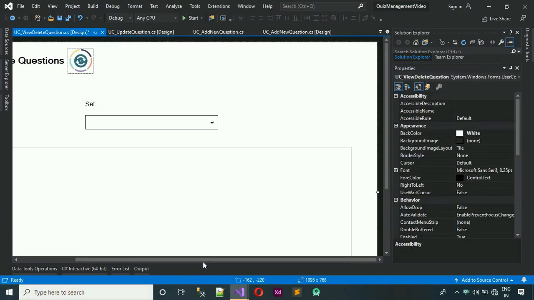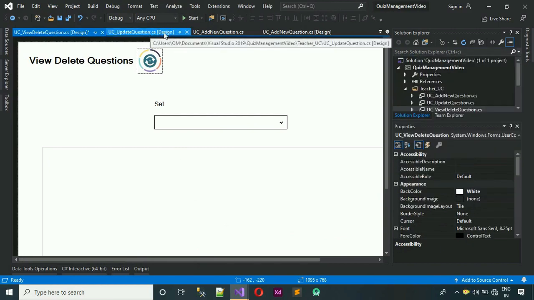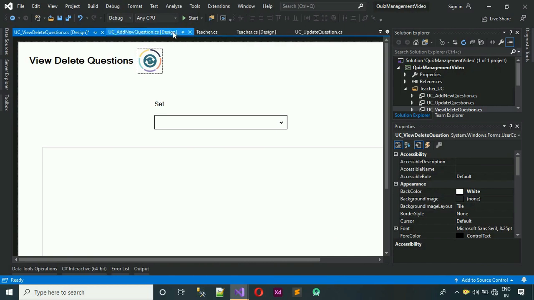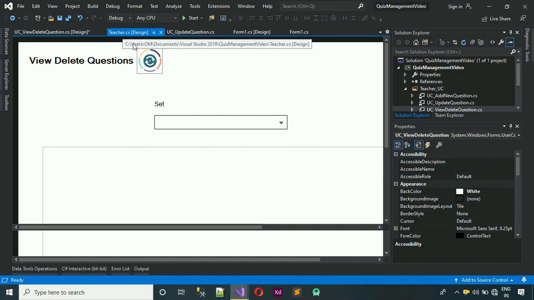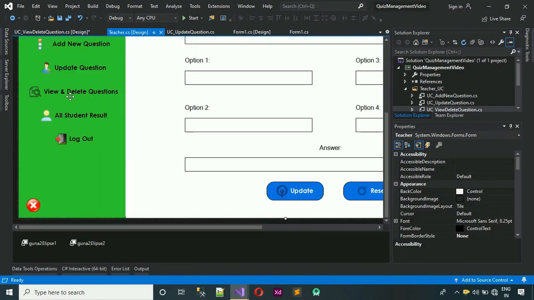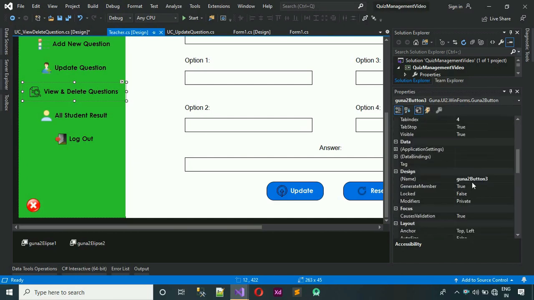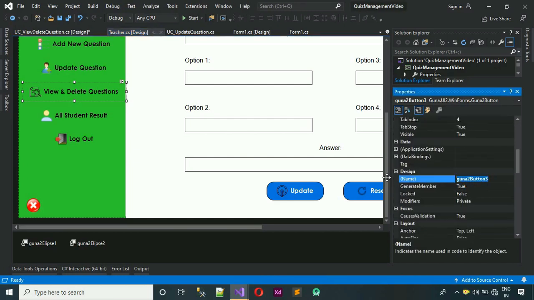After this, what we have to do is we have to actually connect this one with this teacher module. Okay, so I'm going to close this update questions, so click on this and close this one also, and finally we have this update.cs. Inside this one we have to connect that with this button, that is view and delete question. So click on this, and first I'm going to change the name for this one. So change the name, search for the design names. Here you can see this, change this one to ptn view